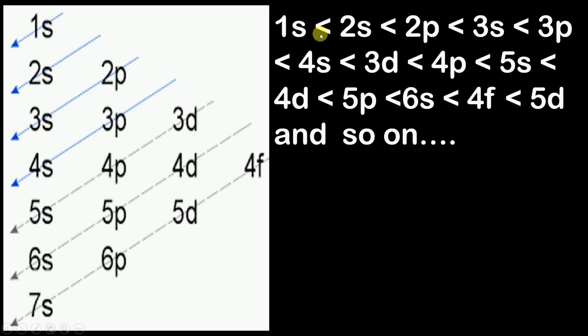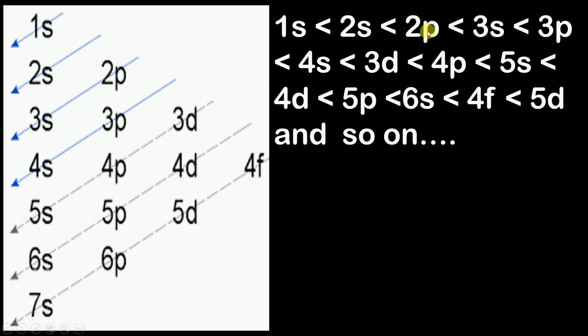Now moving ahead to the third diagonal. In the third diagonal, there are two subshells, 2p and 3s. Here we have to move from up to down, in the direction of the arrow. So here 2p will have less energy than 3s. After 1s, 2s and 2p, there is a time for 3s. So can I conclude that 1s has less energy than 2s, and 2s has less energy than 2p? After 2s comes 2p, and after 2p comes 3s. So 3s has greater energy than 2p.